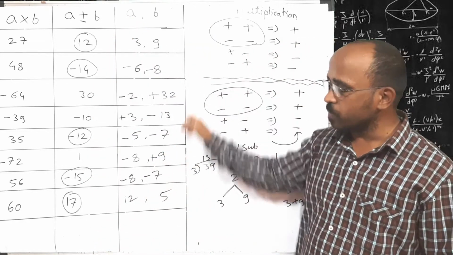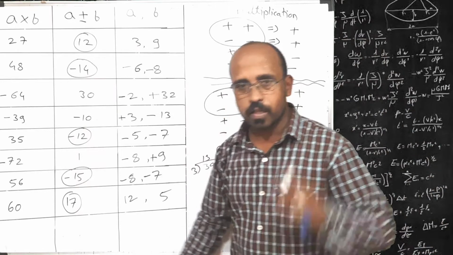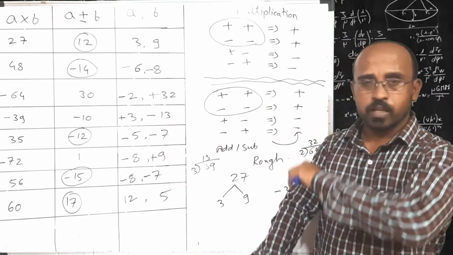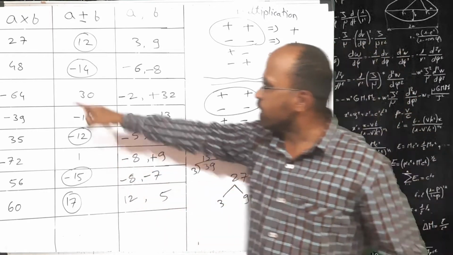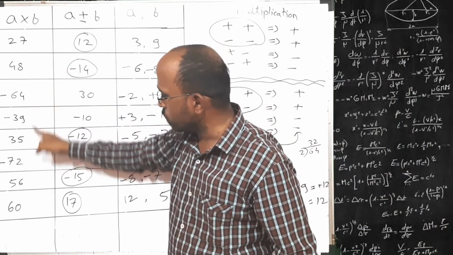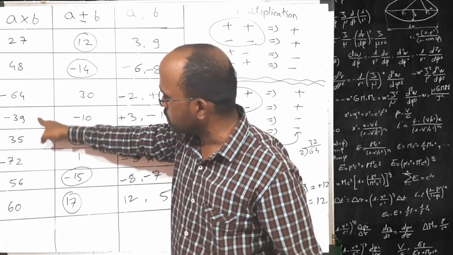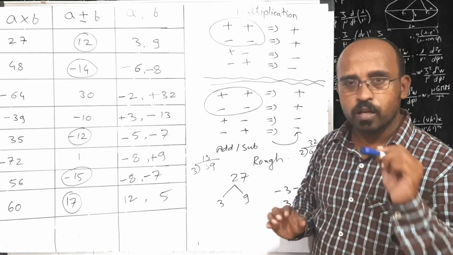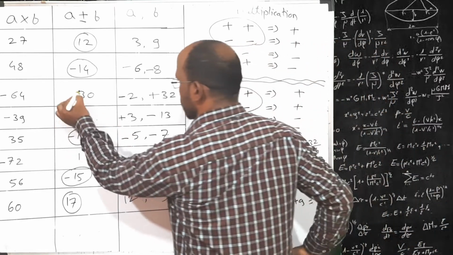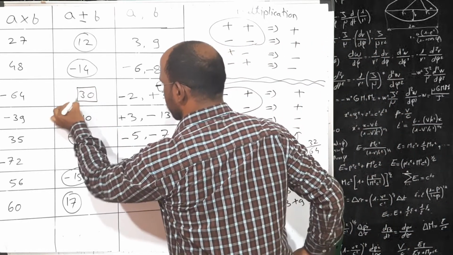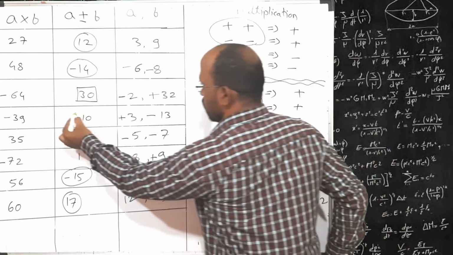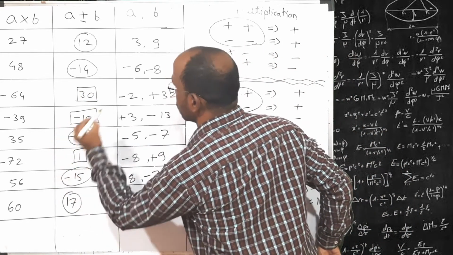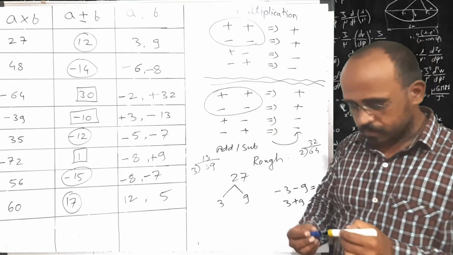And in case of addition, whatever is the symbol of the middle number, that is the symbol of both of the factors. Now what if the multiplication is negative? Here multiplication is negative, 1 2 3. At 3 places multiplication is negative. Whenever multiplication is negative, we have to search for the subtraction. Here multiplication is negative, so this is the result of subtraction of two factors. Here also subtraction of two factors. Here also subtraction of two factors, right?